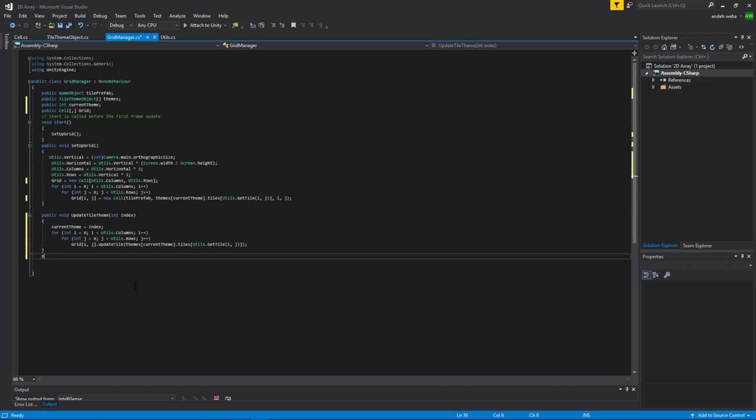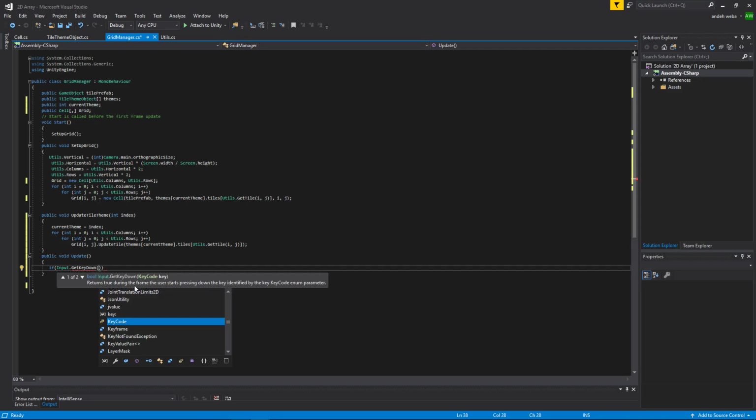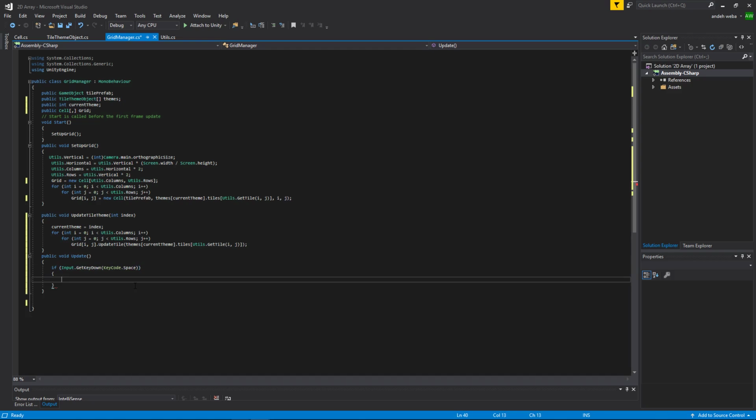Now let's set up a key down for actually switching the theme that we are using. It's just going to be input.getKeyDown. The key we'll use is the space button, so keycode.space. And then it'll just say update tile theme. And then the index that we want, it's going to be current theme is less than themes.length